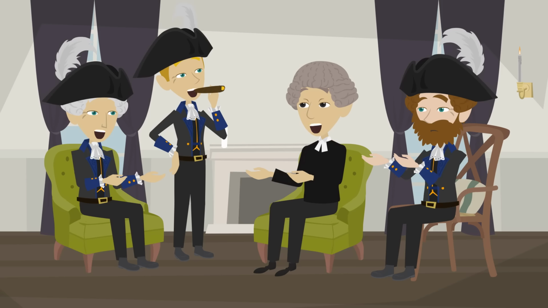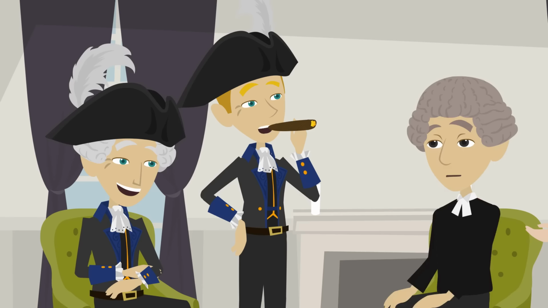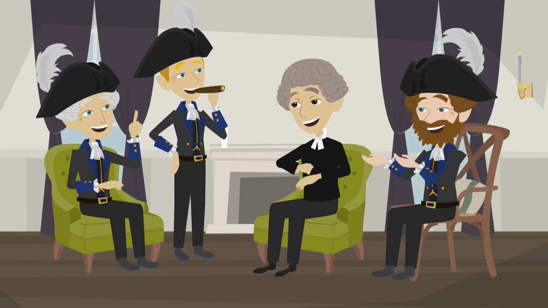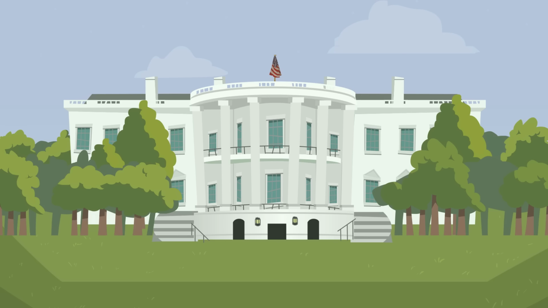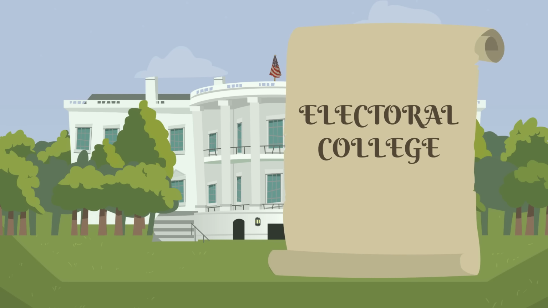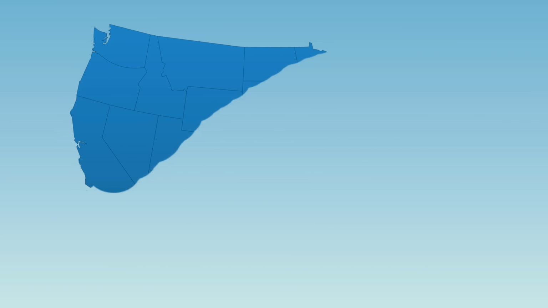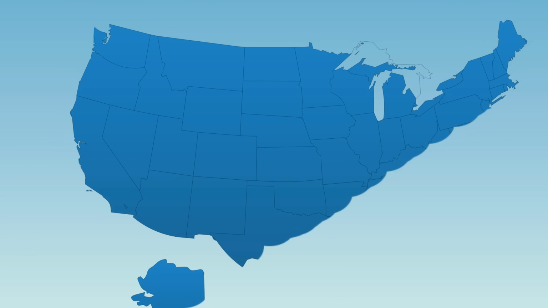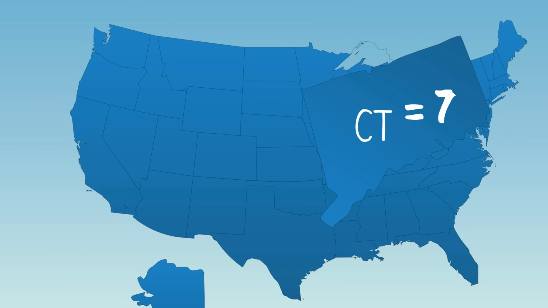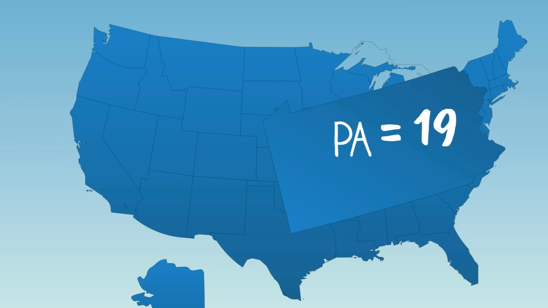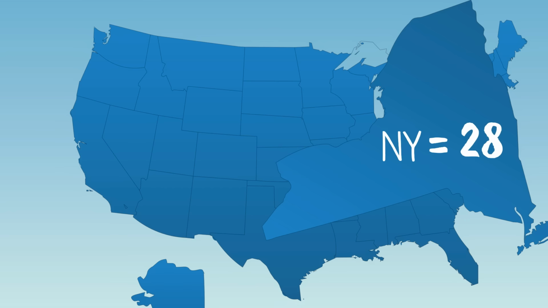Finally, the Founding Fathers came to an agreement. U.S. presidents would not be elected by the popular vote. They would be elected by something called the Electoral College. Under this system, each state is assigned a certain number of electoral votes. The bigger the state's population, the more electoral votes it gets, and the candidate with the most electoral votes wins